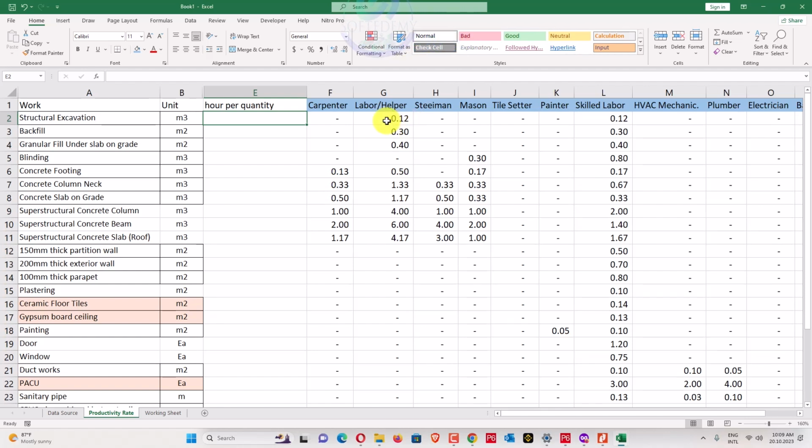So in there, hour is not fixed, but quantity, 1 cubic meter, is fixed. 1 cubic meter is fixed here. It means like that one. 1 meter cube, or you can say here cubic meter. Okay, it's like that one.